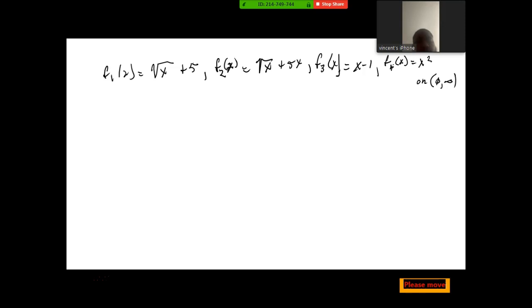Now, they just came out of the blue and gave you the answer. On this one, I think I'll do a little bit more than that. Hopefully we won't run out of time. So let's do it. What we're trying to show here is that some C1 times the square root of x, plus 5C1, plus